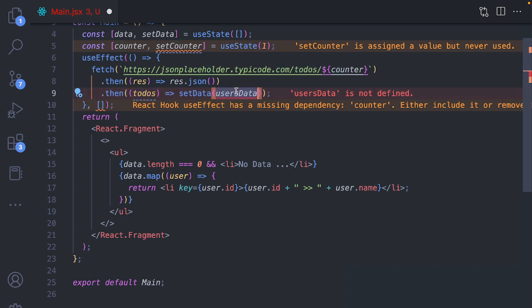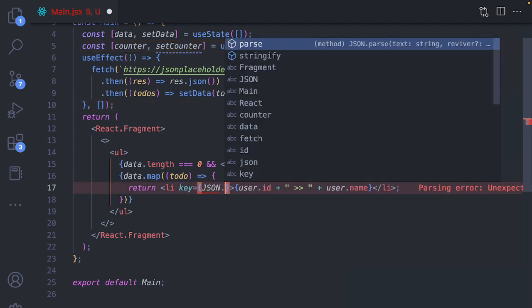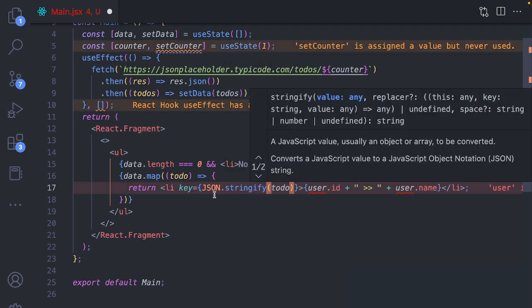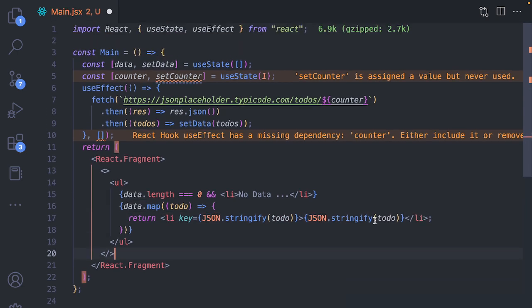Let me just save this and blank it over here, and now I can do over here I get todo, and now I can link, let's say the key is json.stringify todo, and now I can also give the data over here so that you can see the entire data. Let's hit save, and now